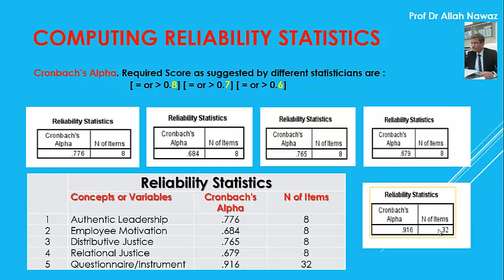However, the overall score of the questionnaire with 32 items is 0.916, which is big enough and crosses even the strictest, hardcore score of 0.8. So we can decide and declare that the reliability statistics of the sample data matrix are acceptable, and we have proved its reliability by applying Cronbach alpha as a test and got the score which is within range.